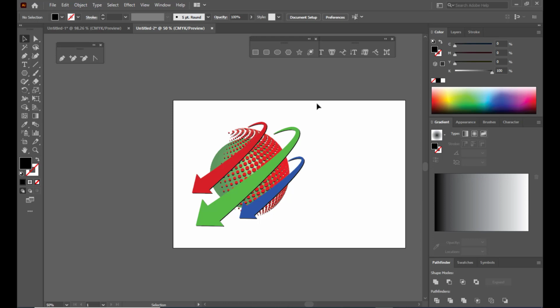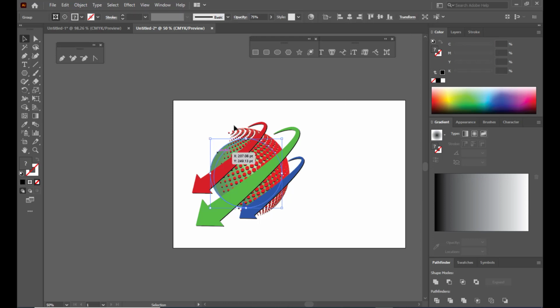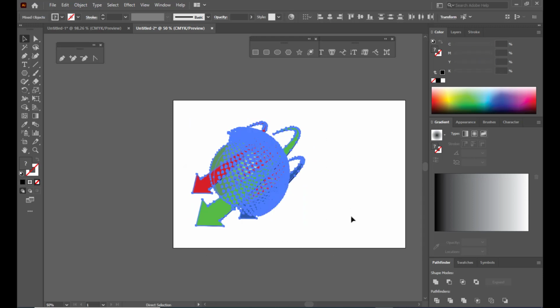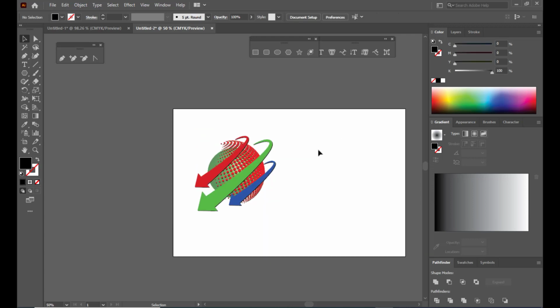So now we have properly adjusted all the shapes, right? So then what is the next step? So we will just select the entire set of shapes and we will group them, right? So then what we will be doing is we will just simply type the name of the company. So we will say Soft Tech Technologies,